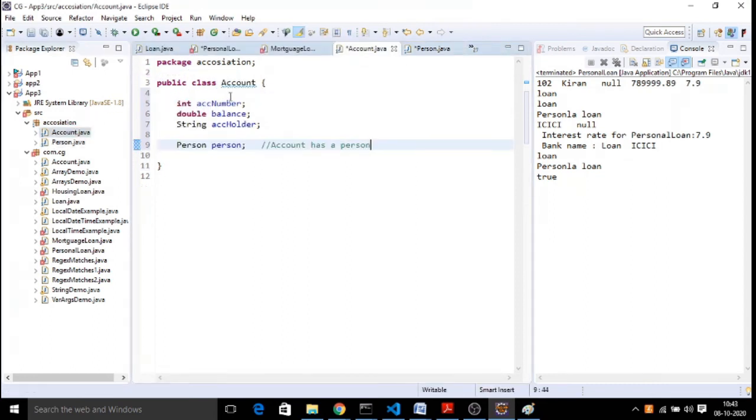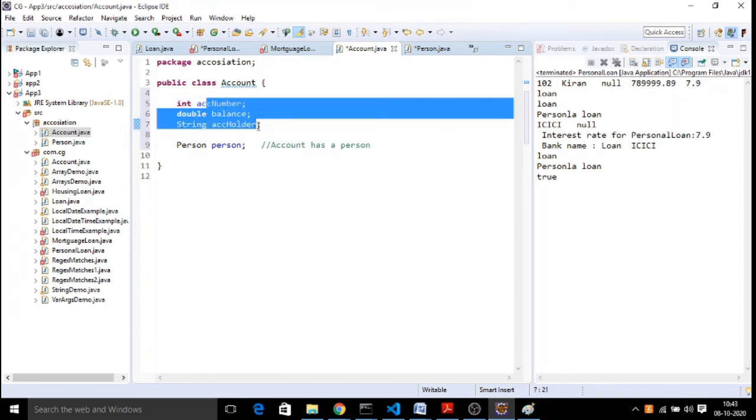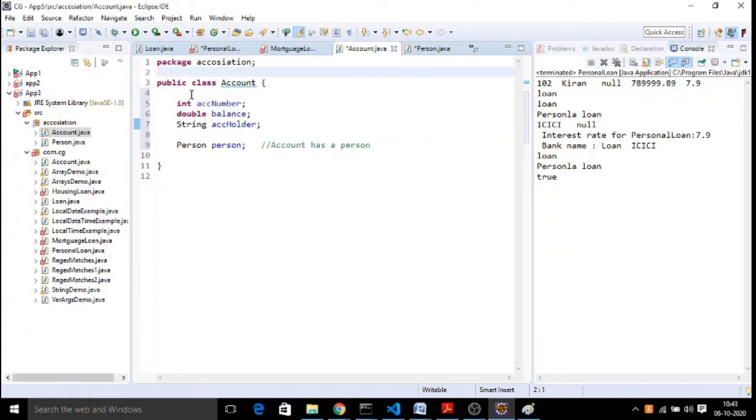And we have another class called account, in which we have account number, balance, and account holder as attributes. Now in our application, we may need account in person or person in account. We need to relate both the classes. So we are going to relate them with the has-a relation. This is called association or composition. Composing one object with the other object is called composition.